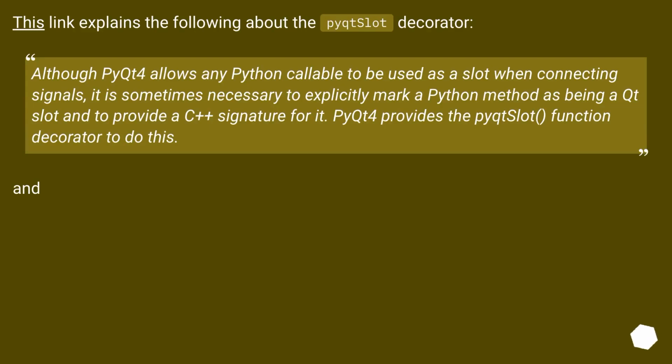This link explains the following about the pyqtSlot decorator. Although PyQt4 allows any Python callable to be used as a slot when connecting signals, it is sometimes necessary to explicitly mark a Python method as being a Qt slot and to provide a C++ signature for it. PyQt4 provides the pyqtSlot function decorator to do this. And